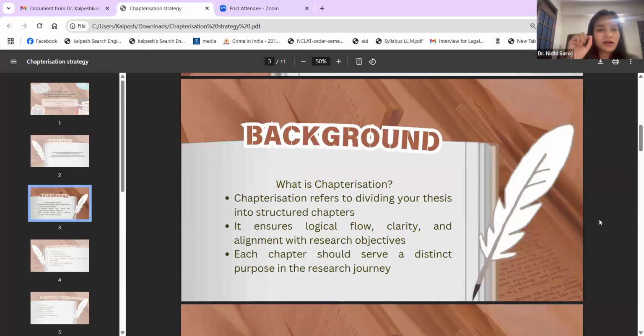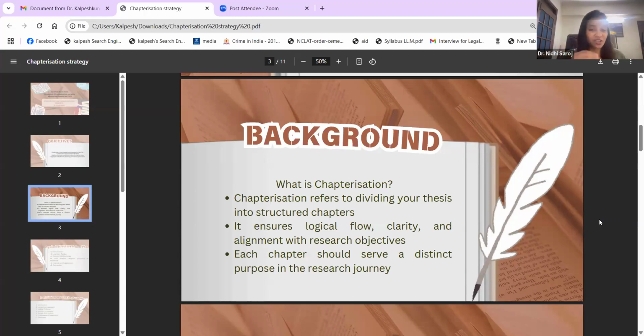Yes. Now, like I told you, it's very basic, because we are talking about chapterization. What is chapterization? You can just write your thesis like an essay, but it won't make sense, because you already know that research should make sense, should be meaningful, and not just a law person, but a layman should also be able to understand. So we need to make it very structured.